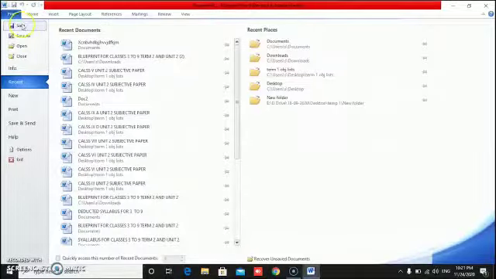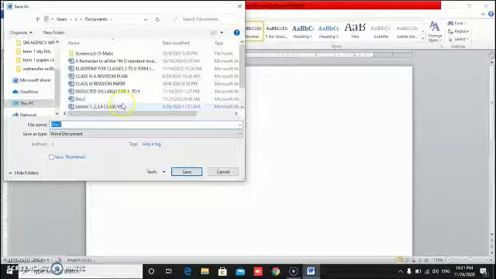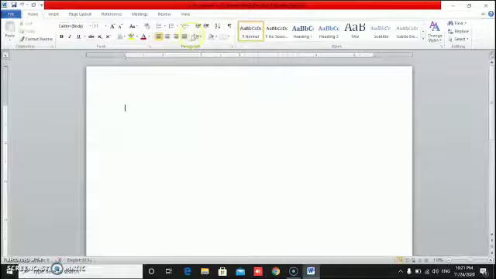File, save, chapter 4, class 3rd. Save it. Click on the save button. Now the name is changed. See, instead of document 1, here is the name chapter 4, class 3rd. Now where are you preparing this document? In Microsoft Word. So it will display the name of the document and the application name in which you are working.